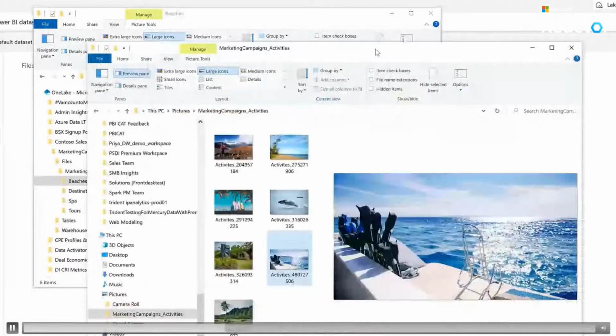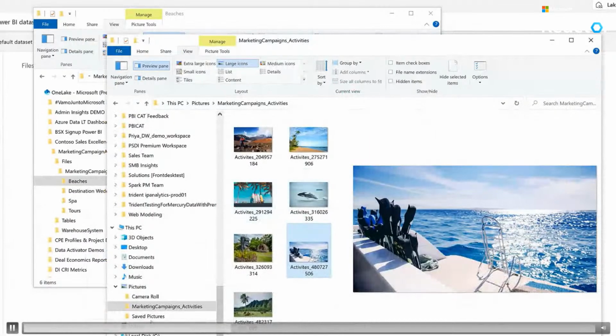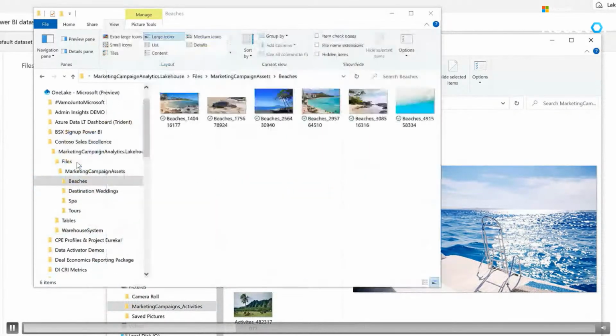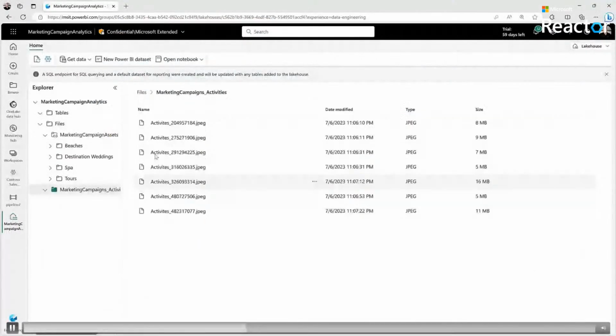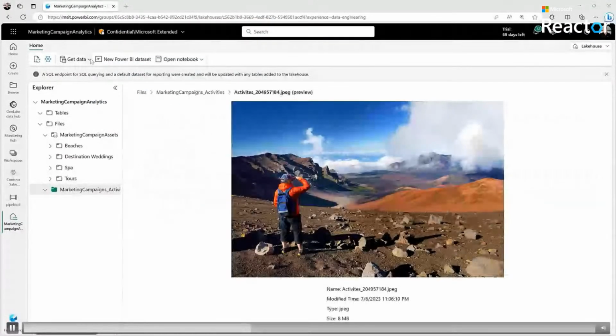And now I can bring in my additional assets for activities we offer at our hotels, and I can just drag them and drop them into a new folder in my lakehouse. These are added into OneLake, and if I come back to my lakehouse in Fabric, you can see them already showing up. This is great, but analyzing marketing campaign assets is only a small part of the project I'm trying